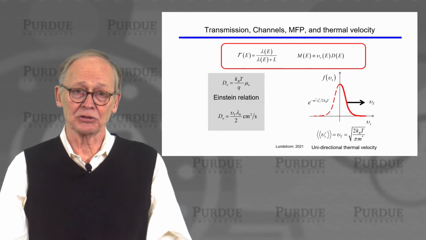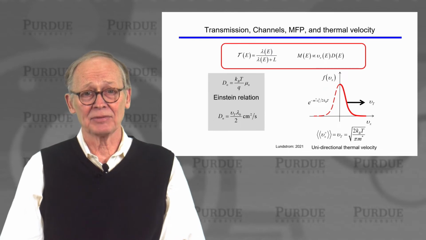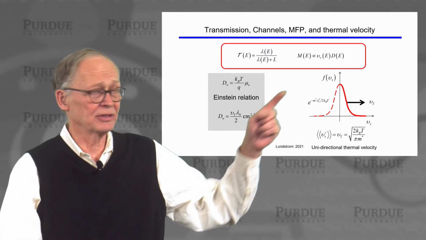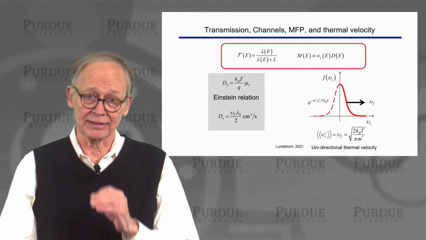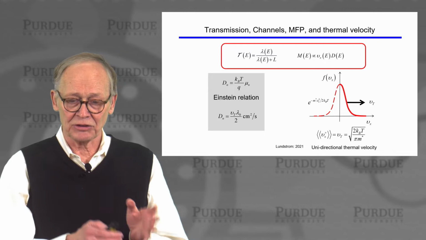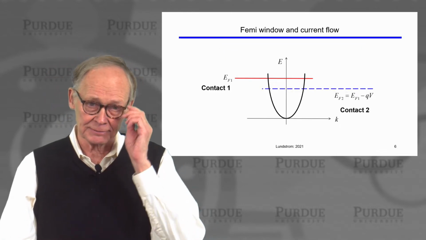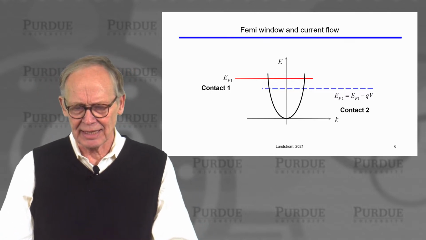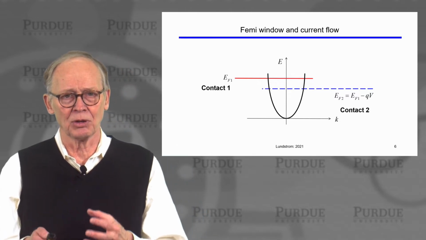So the number of channels is proportional to the density of states at that energy. And the state has to have a velocity so the electrons can flow. So it's also proportional to the average x-directed velocity in that state. So transmission channels were two important parameters in this current equation. This current equation allowed us to have a really simple understanding of how current flows in a small nano